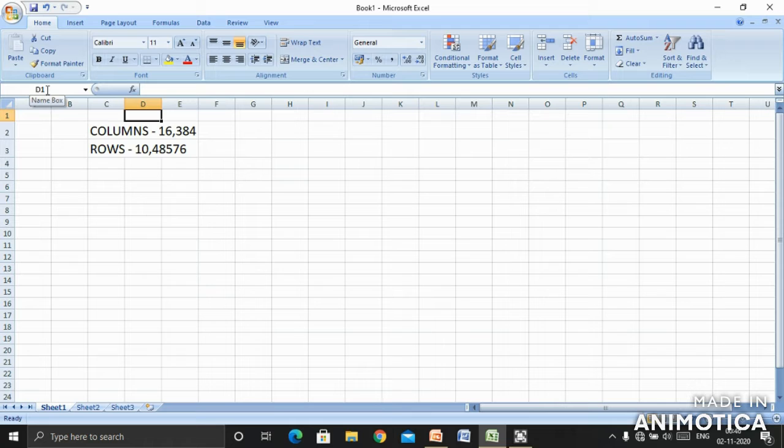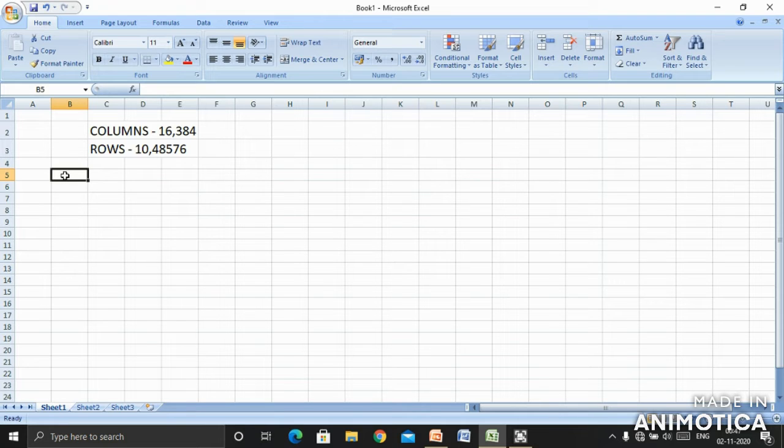D1 means what, children? You can see here I have written columns equal to 16,384 and rows 10,48,576. Now the name box shows in which particular cell we are working. The highlighted box is known as the cell.